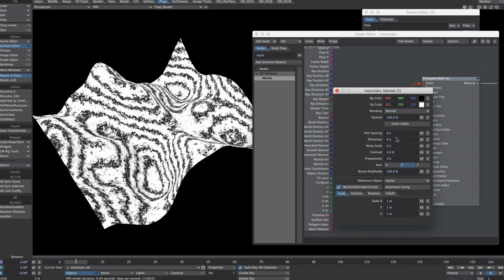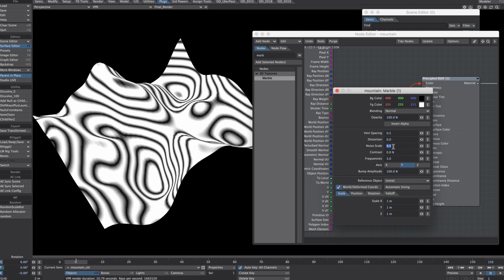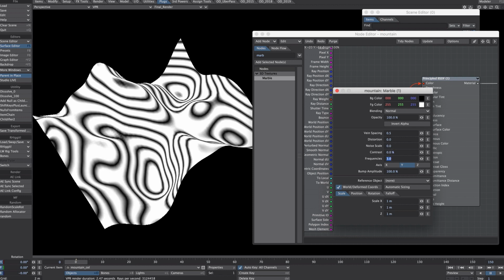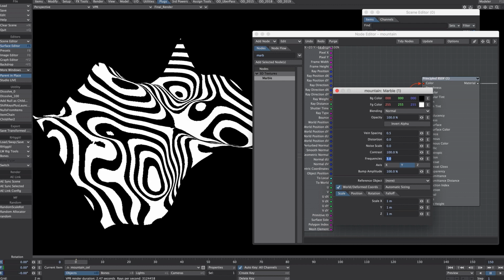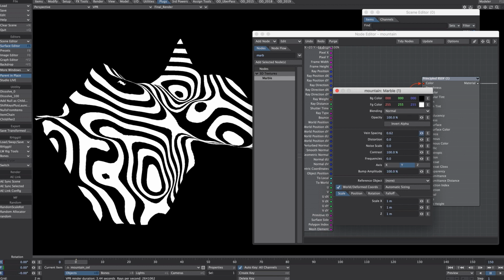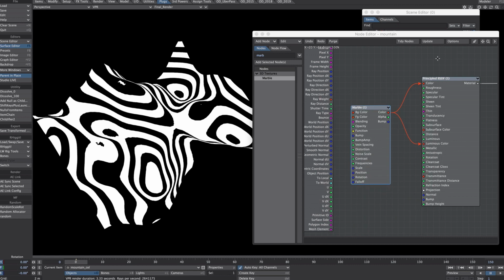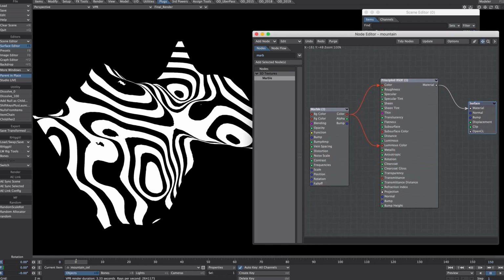Let's fiddle with some settings. Distortion, we don't want any distortion. Noise scale, well, it has to be a value because if I put in 0, it just whites out. So let's put in something really small. Contrast, let's have 100% contrast. I don't think the frequency has much effect at this point. Obviously the vein spacing is pretty self-explanatory. That's looking good, but rather than using it in the shader, we're going to use it as a clip